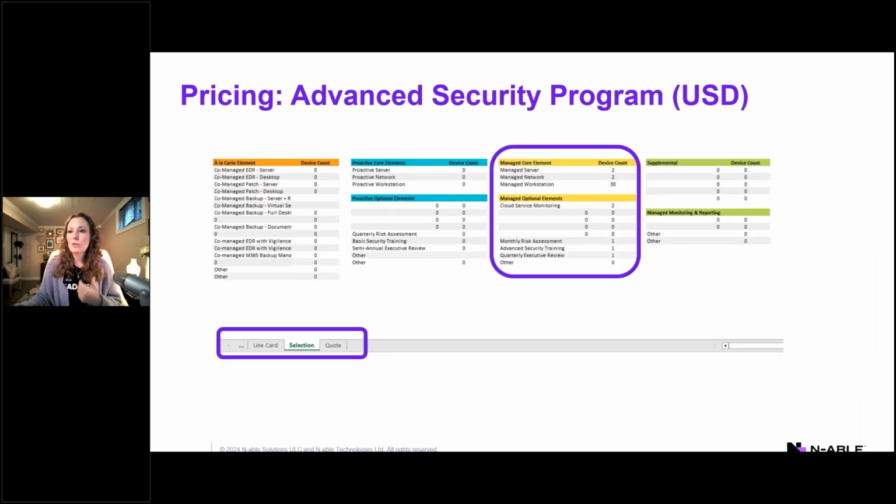All right, so going back to the selection tab again, because this is the tab that we would use when we're trying to determine what individual customer pricing will be that goes on our proposal. So again, we're in the selection tab. We're in the yellow area, so the managed core element. This is our advanced program. For this instance, for our strawman client, they have 2 servers, a couple of network devices, 30 users. So we have those